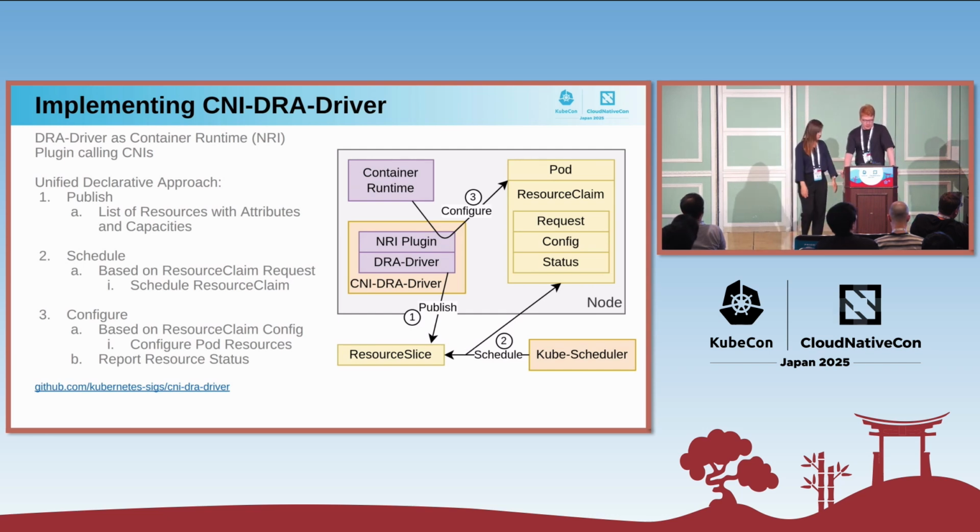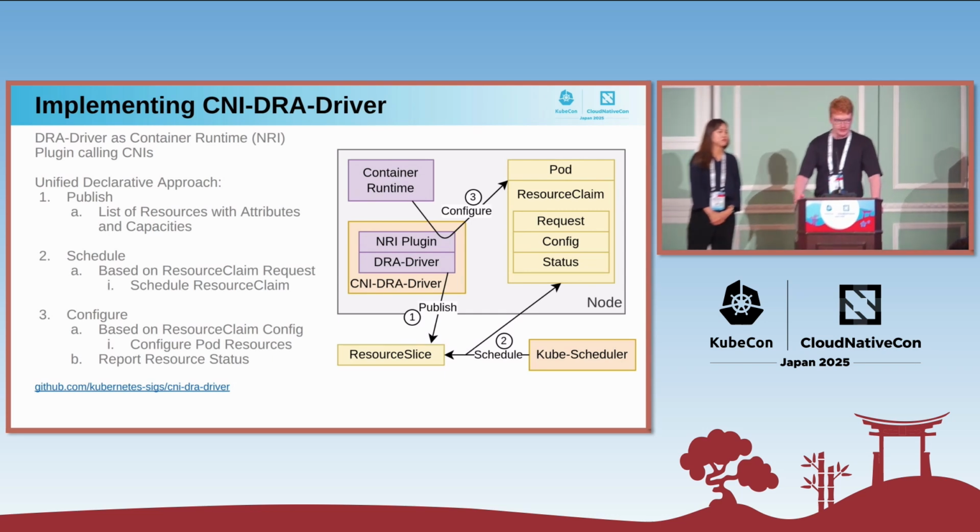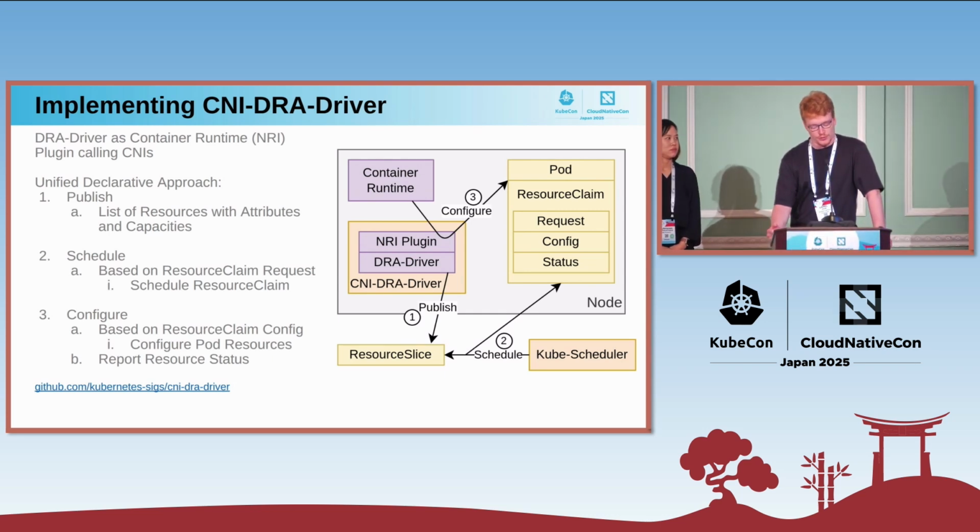Right. To reimagine cloud-native networking, why not try to merge the two concepts that Peng mentioned, CNI and DRA? So we could have a CNI-DRA driver, and this DRA driver would just act as a container runtime plugin. It would be just an extension using, for example, NRI, the Node Resource Interface. So the container runtime will no longer have to call CNI by itself, but instead the DRA driver will do it, at least for now for the secondary network interfaces. This is not possible currently in container runtimes.